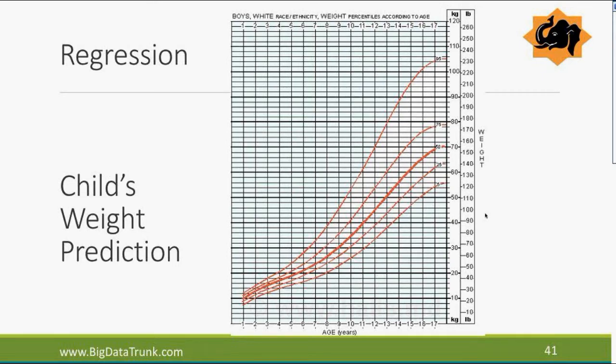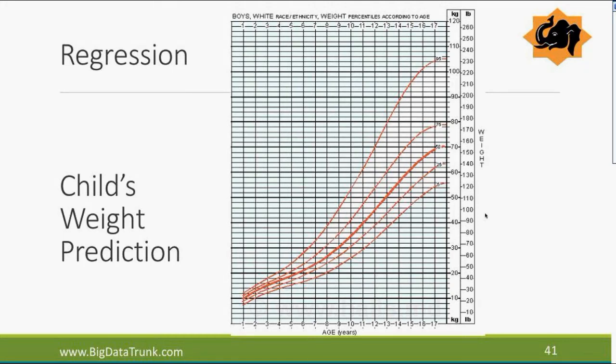If you want, you can close it. I think, yeah. The third one is regression. So this is a good example of regression. This is about if you had kids or have kids, the first 2 years of your kid's life, you have been shown this over and over and over again, right? After that, nobody cares, right? In the first 2 years of the kids, we continuously keep on going to the doctor every week initially, then months, and then never, or once in a year, right? The first 2 years, they go to the doctor.